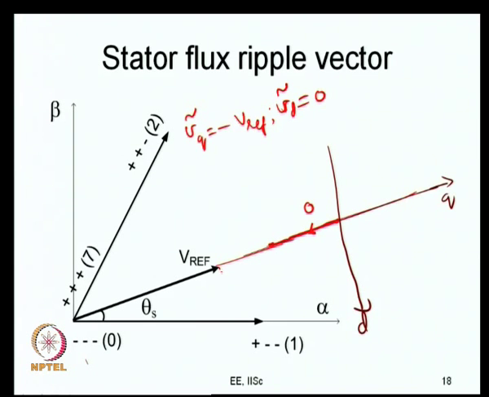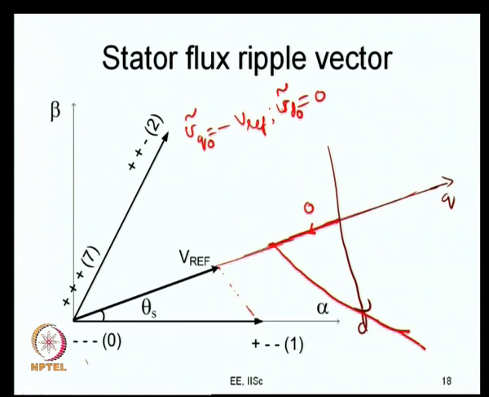Now, after that, let us say you apply your active vector 1. Let me also make this clear as VQ 0 tilde and VD 0 tilde. Why am I saying this? This is VQ tilde corresponding to the null vector, the 0 state, being applied. The next time, the error voltage vector is along this, it is V1 vector minus Vref vector. So, let us say this ends here, and it is going to go something like this.